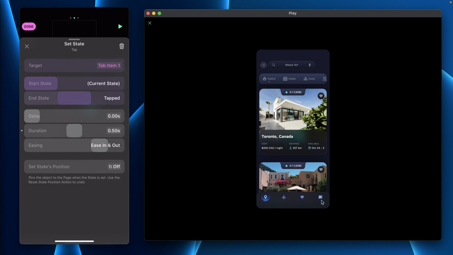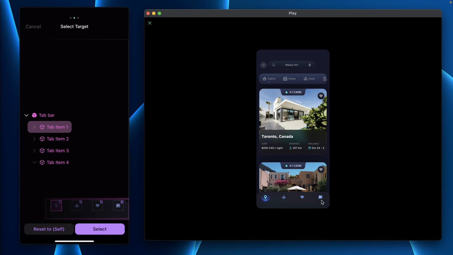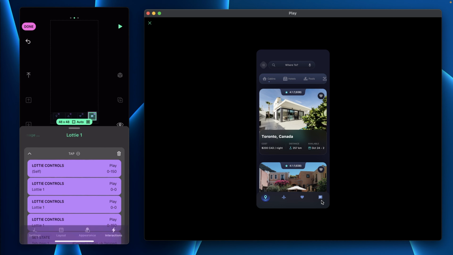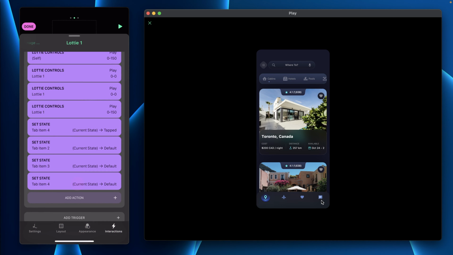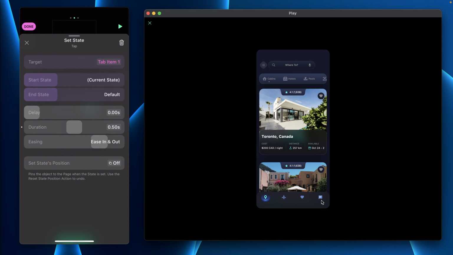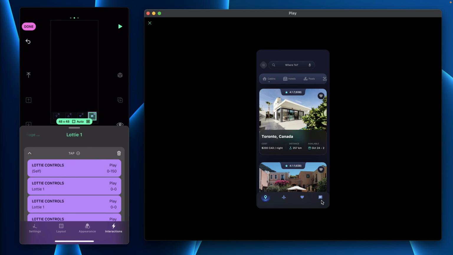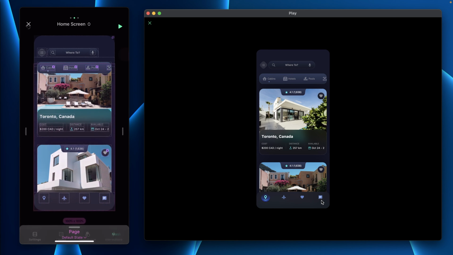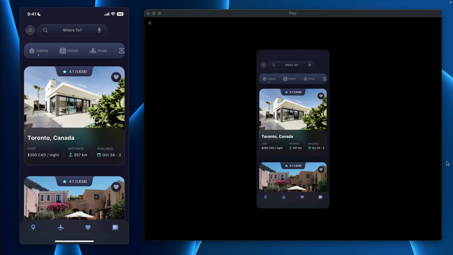In set state, select tab item 4, then select the fourth one, which selects the tab item 1. When this is done, save and enter preview mode. Tap on the first one, it plays the second one, third, and fourth, and you can